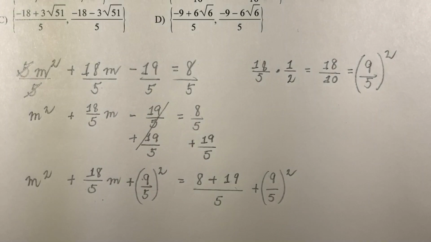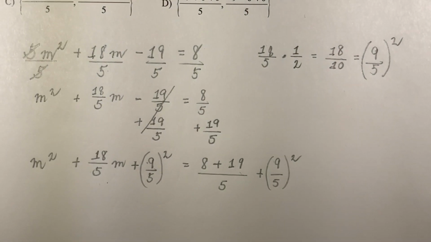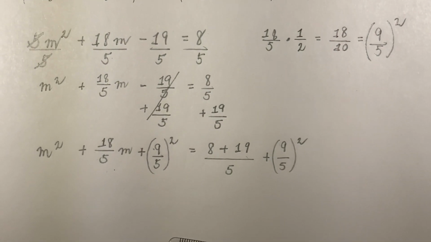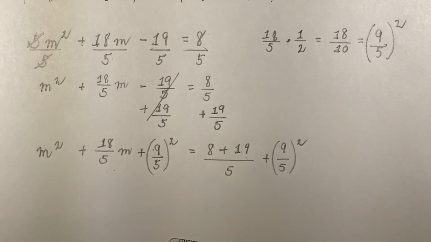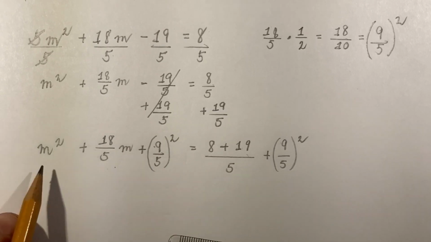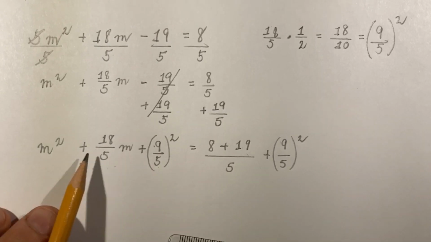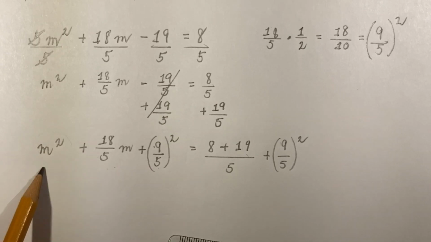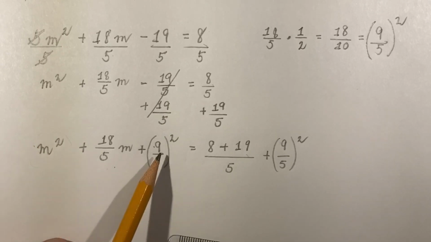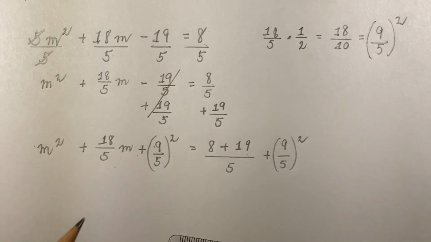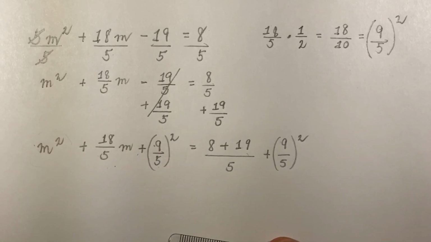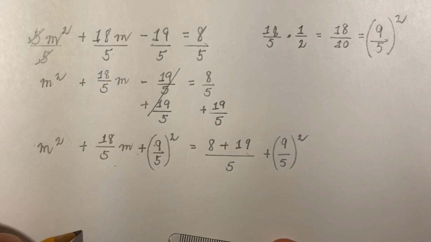Now we're going to figure out what that is, but first we're going to write our perfect square binomial. See, we have a perfect square trinomial, even though it looks kind of messy. We have a perfect square with m squared, and then over here we have a perfect square of 9/5 squared. And so my perfect square binomial for this problem,